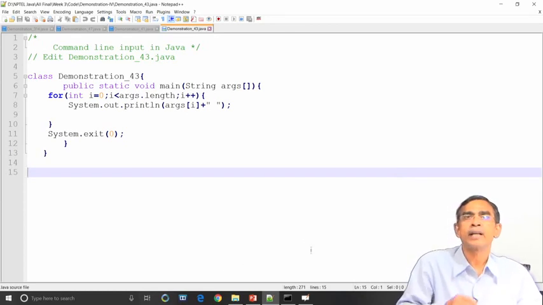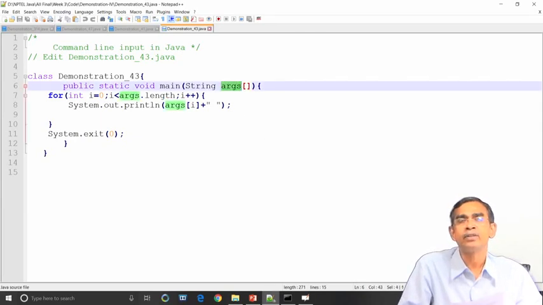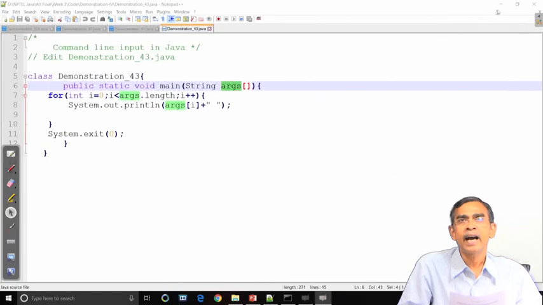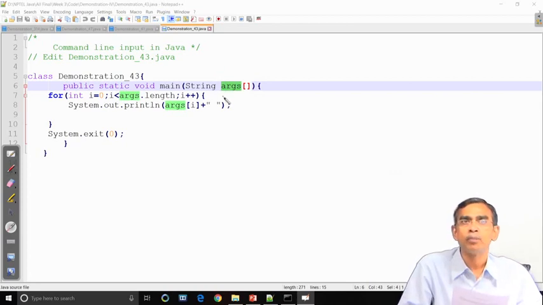This array is called args, the String args that we use. As you know, it is declared as a string, so all the input will be stored as string objects and processed then.